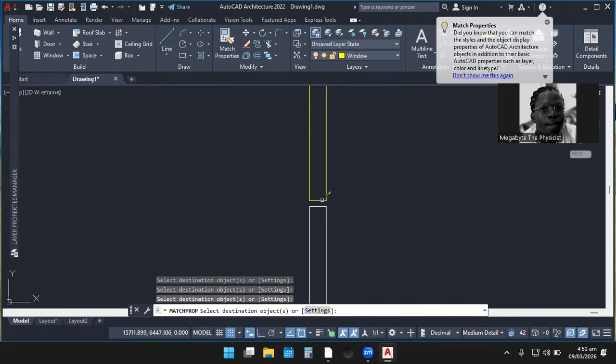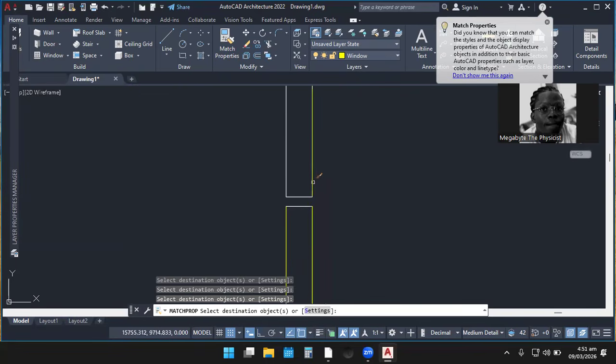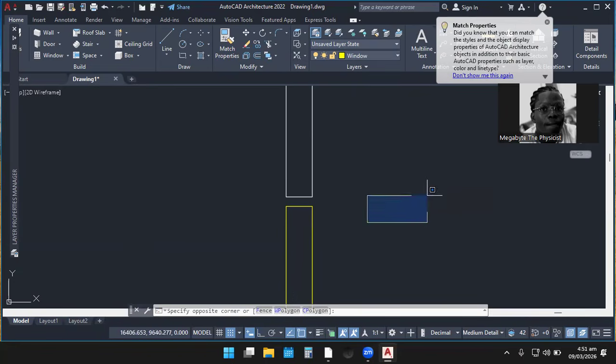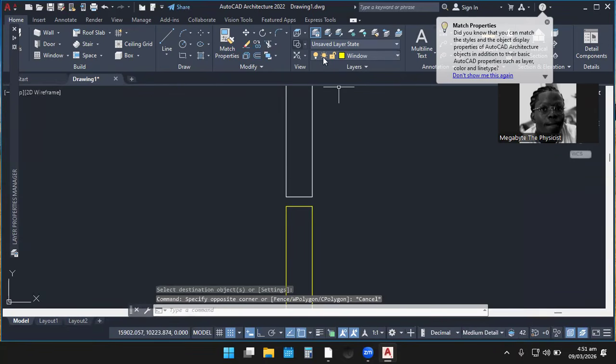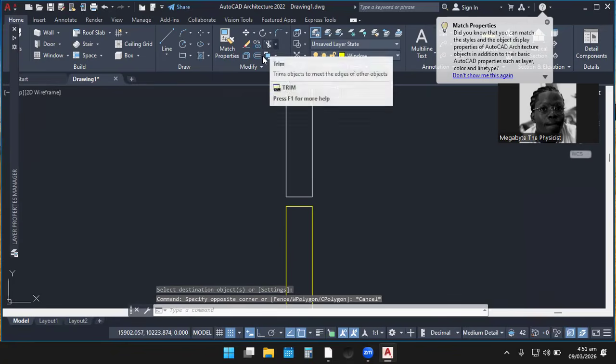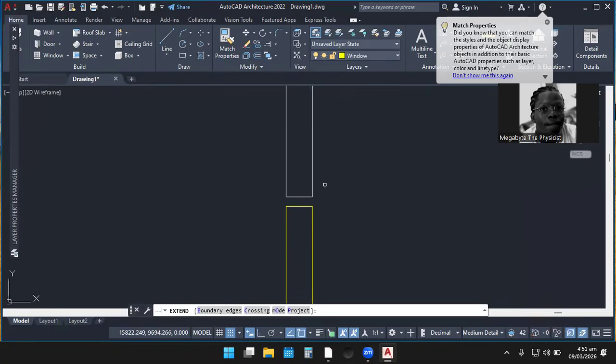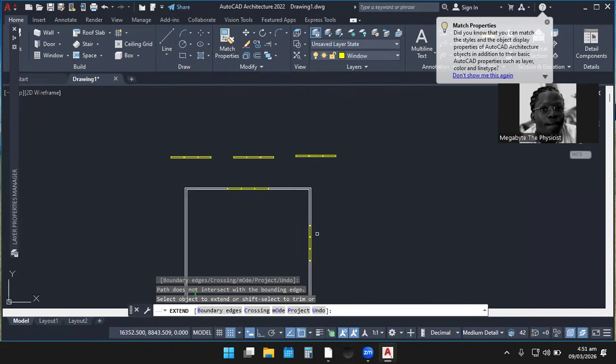So from this, the next thing we're going to do is extend. I just right click and bring my cursor to enter. I left click to release the command, and I'm going to now extend. Anytime this one will affect you, you can just press escape on your keyboard and it's gone. Okay, so I'm going to select extend from this menu and then I extend these lines.